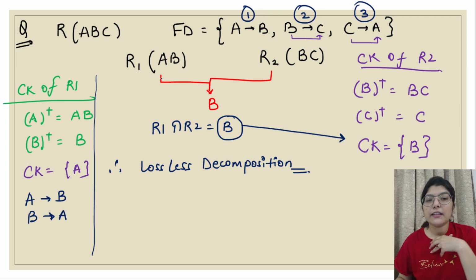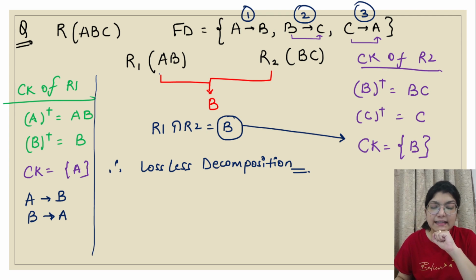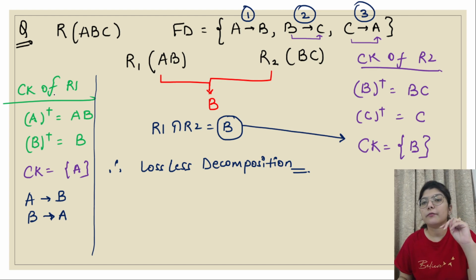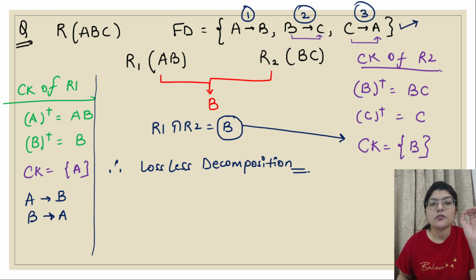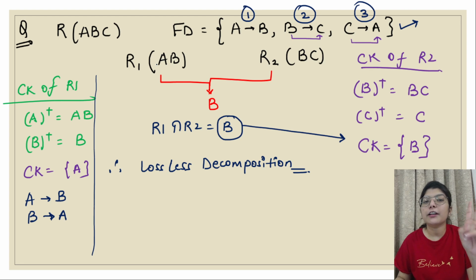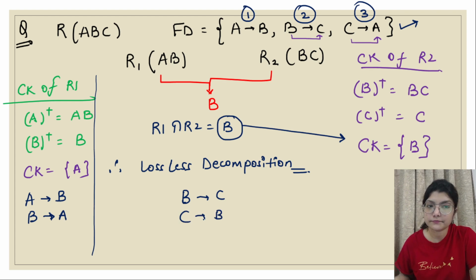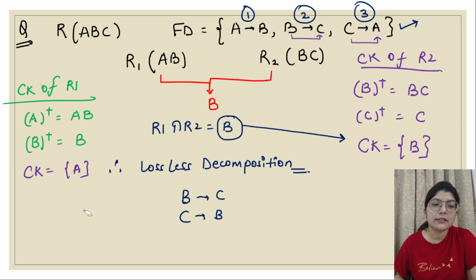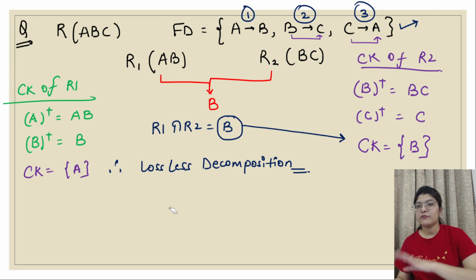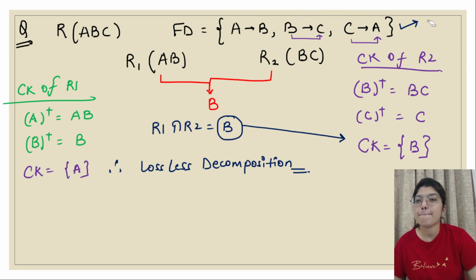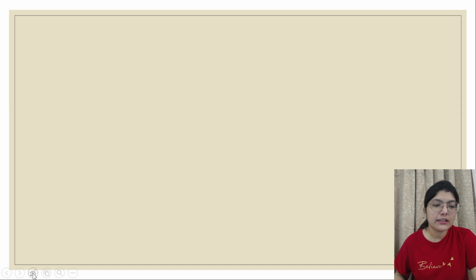What dependency preserving says is that when you combine the functional dependencies of the two relations, you should get all three functional dependencies. So A to B I can get if I have AB. There are two possible cases, that it can be A to B and it can be B to A, right? And what about R2? I can have B to C and C to B. Yes or no? Okay, wait, first let's discuss lossless only, and then we'll move to dependency preserving. First let's clear the doubt of lossless. Okay, let's take another example for lossless, then we'll come back to dependency preserving.